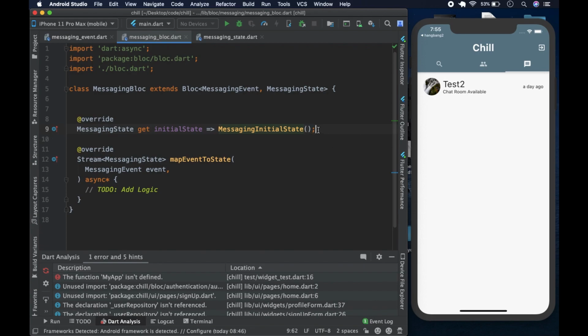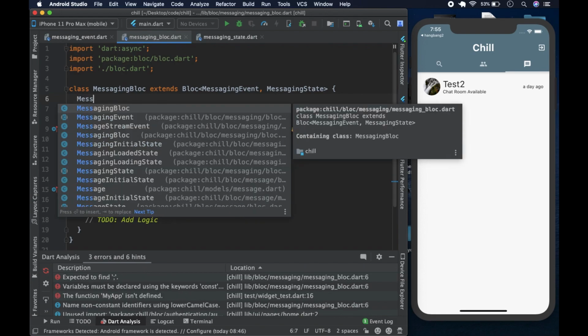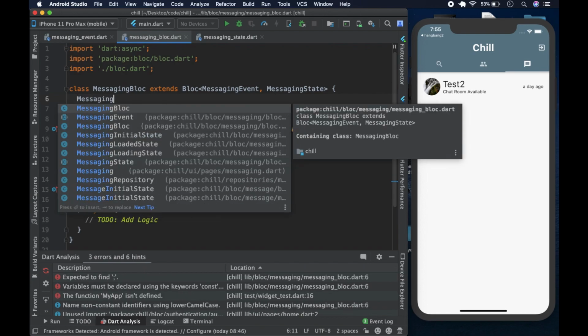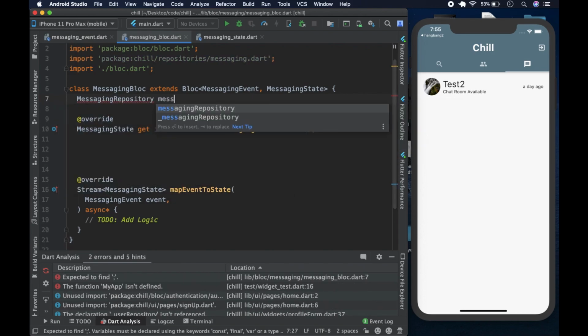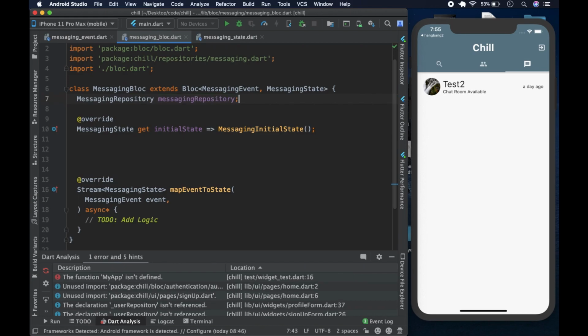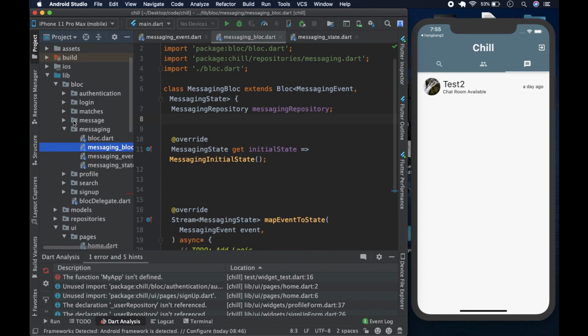After that, we're going to tell the BLoC that it has a dependency on the messaging repo, and that the messaging repo is not going to be null. So for that, we could come here and say messaging repository like so, and borrow this line of code.